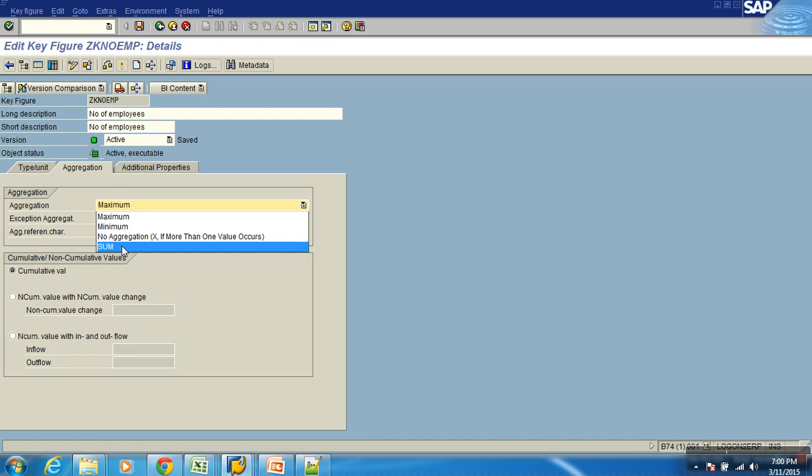For example, I'm bringing in amount. Can I have duplicate transactions? Can the same customer buy the same material? Yes. Generally, as I told you, the cube is additive, it aggregates the data. Suppose you load multiple records with the same characteristic values. Let's say the cube has only 2 characteristics, customer and material. If I load multiple records with the same characteristics, C1, M1, it will group those records and take them into the cube. If both records are of the same request, it will aggregate them and take them into the cube.